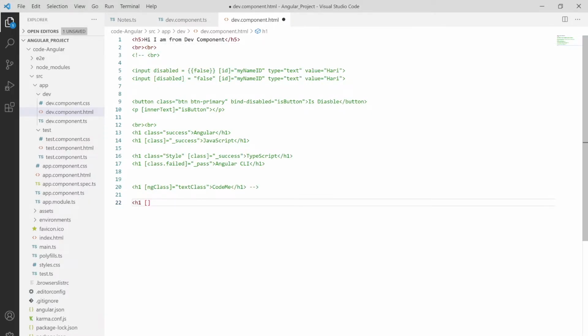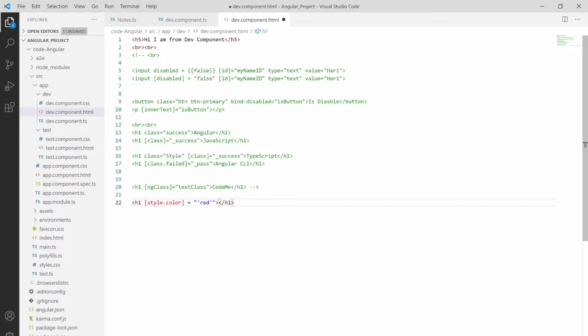I'm using that property binding syntax, which is square brackets, and I'm using style dot color, and then I'm assigning it in the double curly braces after single curly braces, and then I am writing red over here, and then save this thing.